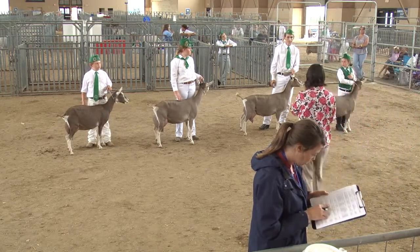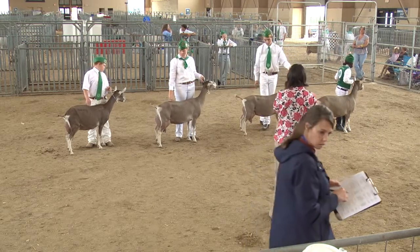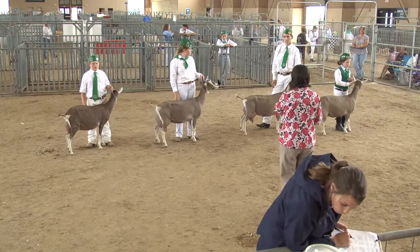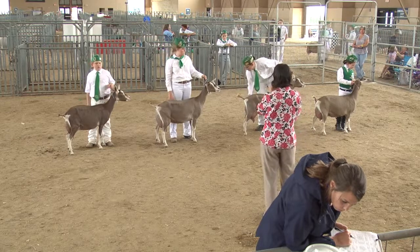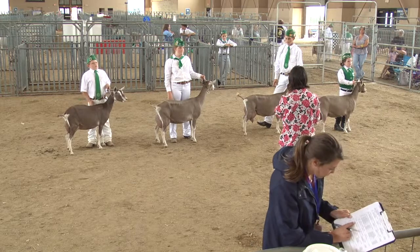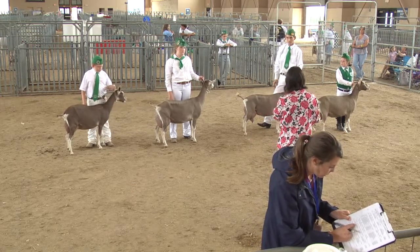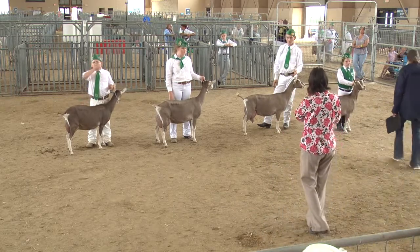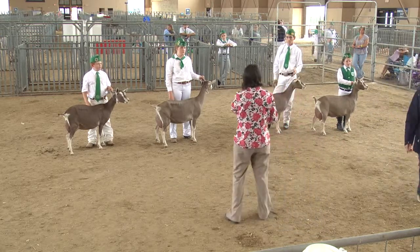2/3 in her turn, and advantage in mammary system, showing me more security of that mammary system, having it held more tightly to the body wall as she traveled about the ring. Balance and symmetry, qualities, capacity is pretty similar between these second and third place animals, very similar in type and capacity on those mammary systems. And then in general appearance our 2/3 for the advantages she had, but just more smoothness of blending, more appropriate smoothness of the foreleg when viewed from the side, more rear leg angulation, more ease of motion as she travels about the ring